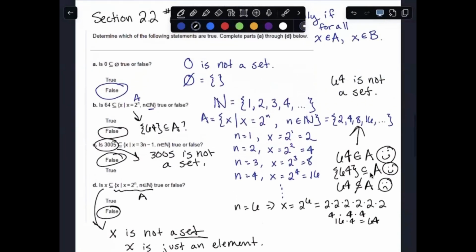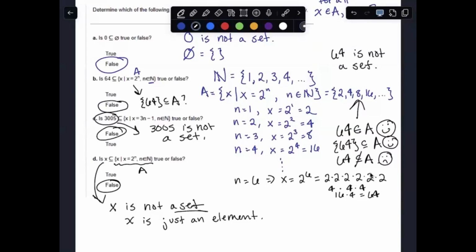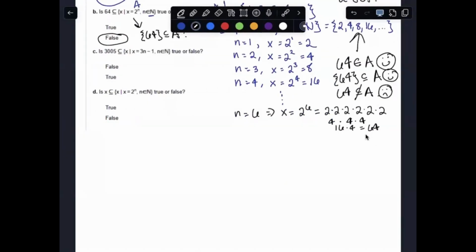All right, so this one should be all four false, mainly because the left-hand side of these relationships are all not sets. They're just numbers or perhaps elements. So I hope that helps. You should first notice